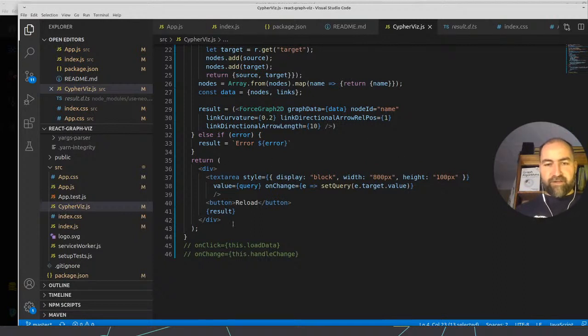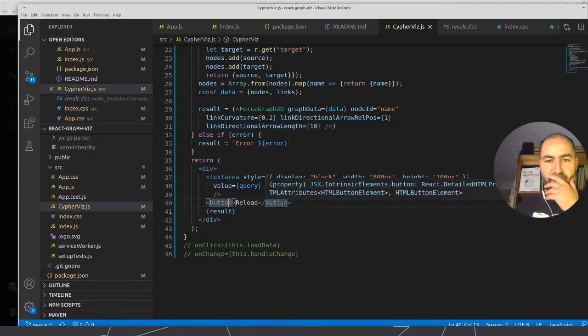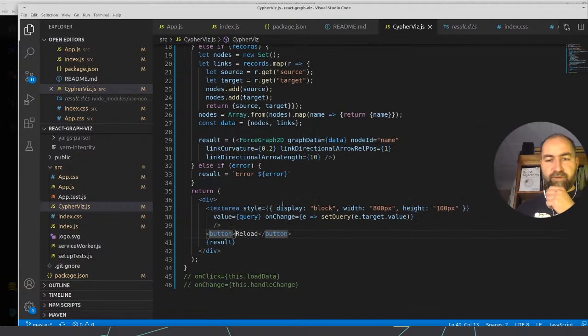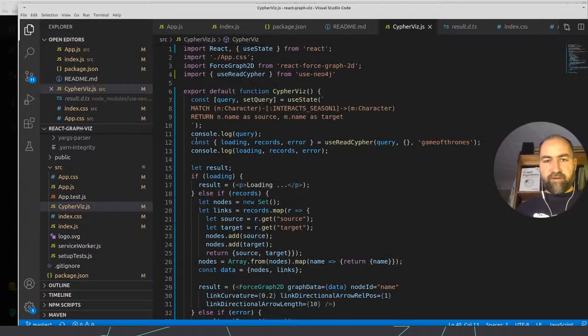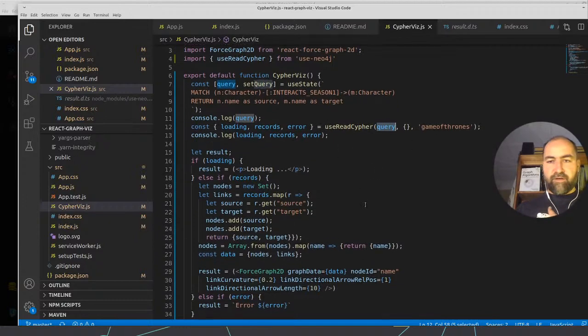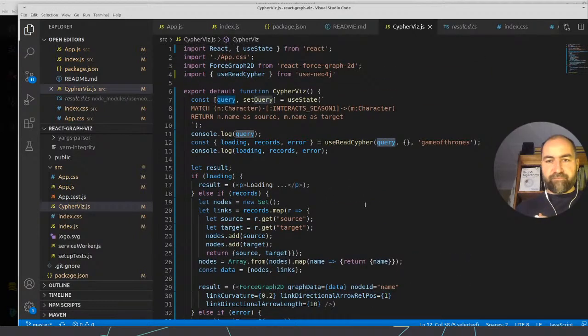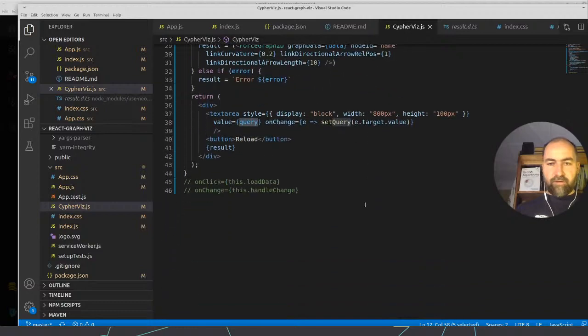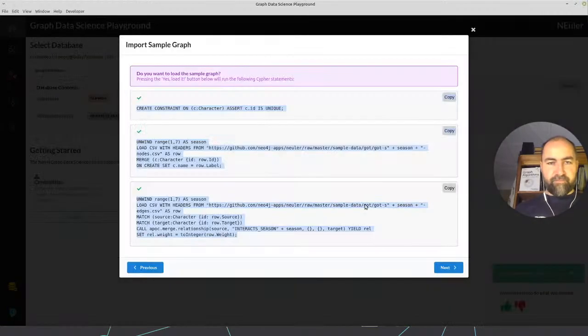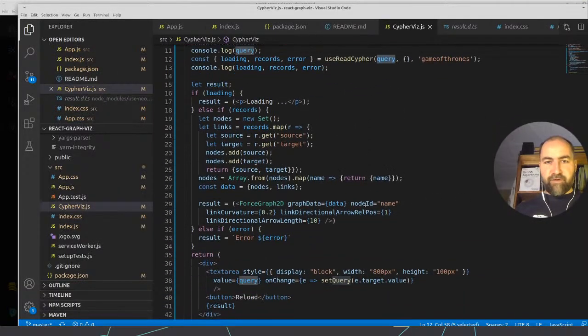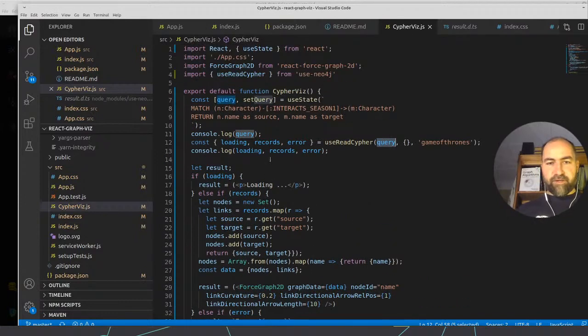So I need to figure out the reload function, reload button, and then I can push it to GitHub again, because I actually don't want it to reload on typing in the field. I just want to basically update the state. So I probably have to add an indirection here that then triggers something when the button is pressed or so. Or I don't know, something. Okay, but we could delete a bunch of code and we don't need to worry about managing Neo4j anymore.